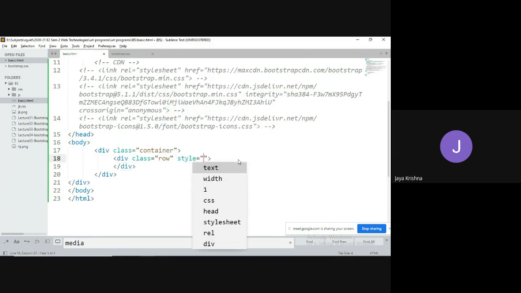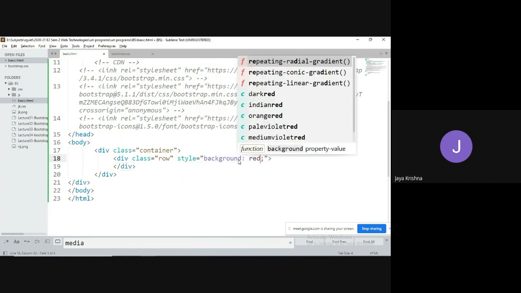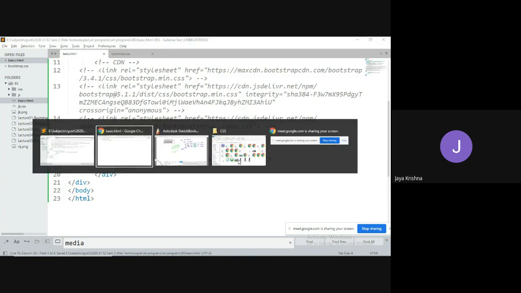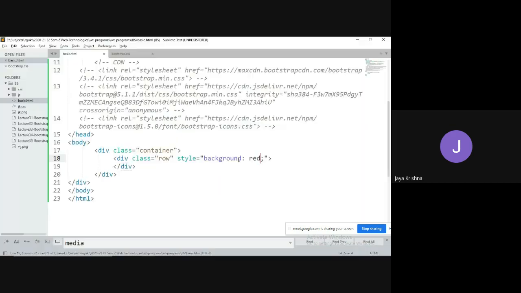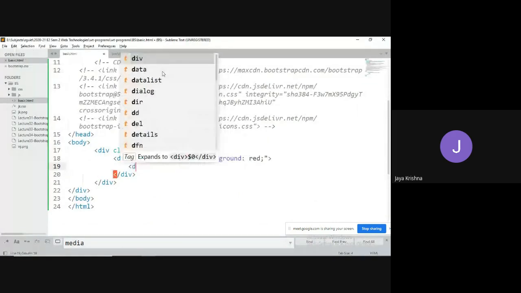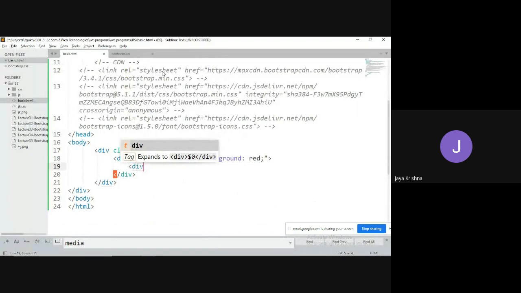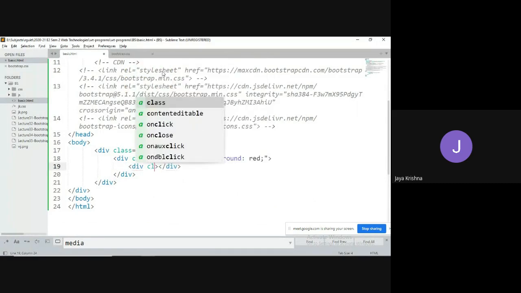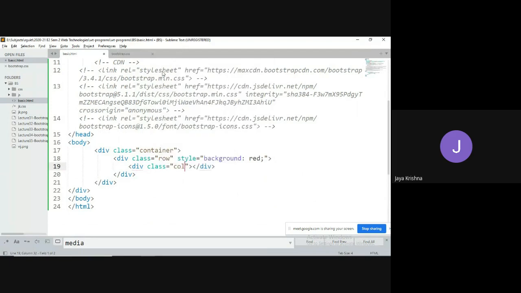For example, to make it clear for you, background equal to red. So guys, will you get any visibility? No, because there is no content here. For example, now we'll get some kind of background here. Now you can observe this red part comes under one row. Now this row I need to divide into three parts. For that, you have seen the division concept in HTML, right? Division, class equal to col, one column.